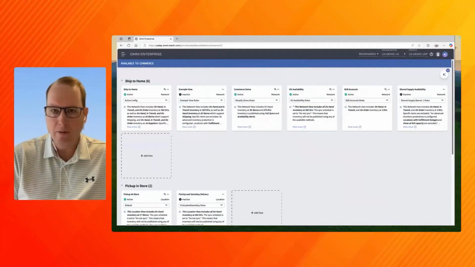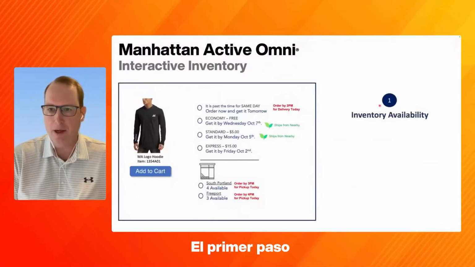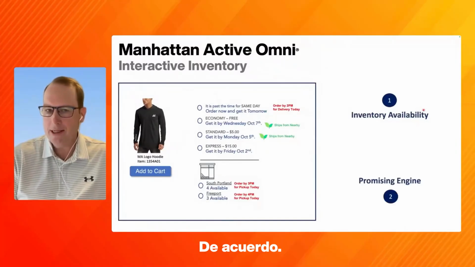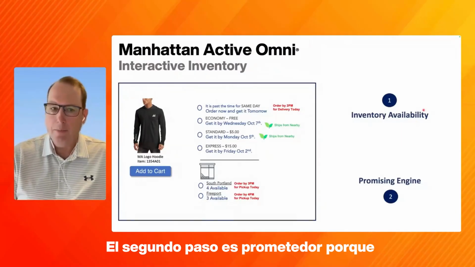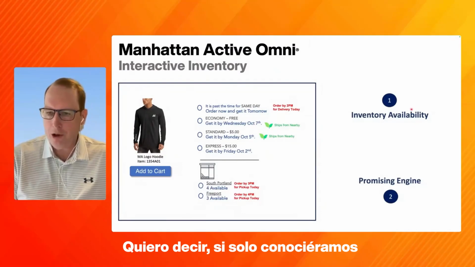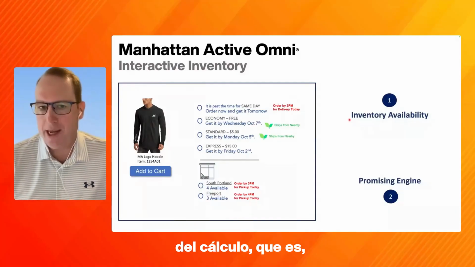Inventory availability, very important for us to present this kind of information. It's kind of the first step you would have to do, is have accurate inventory availability. Okay, second step is promising. Because how would we get these delivery date estimates? I mean, if we only knew the inventory availability, we still are missing a huge part of the calculation,